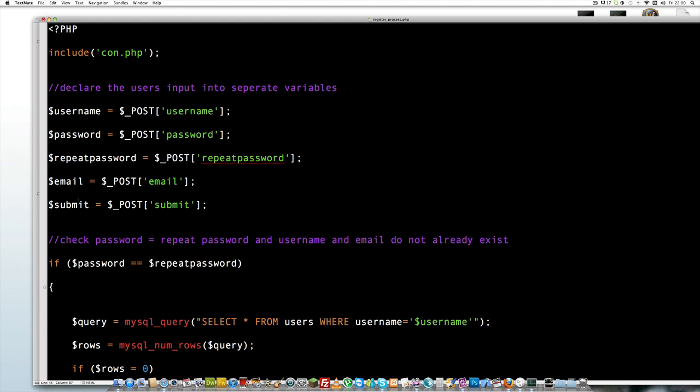Right, real quick up here, I'm just going to make the password an MD5 encrypted password using MD5, and then we can just put the brackets around our post variable. So it's going to MD5